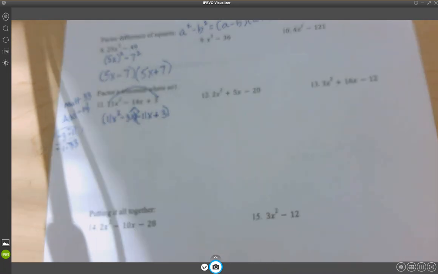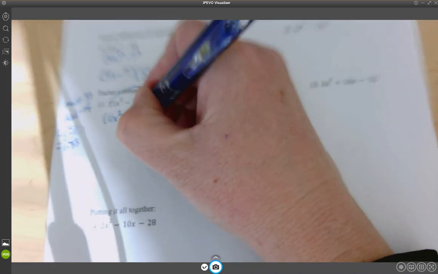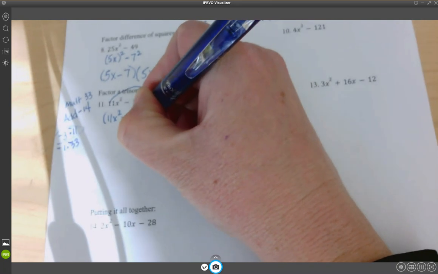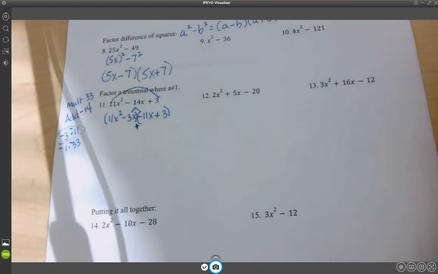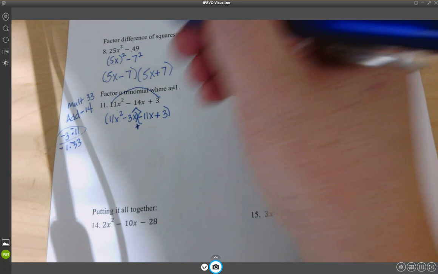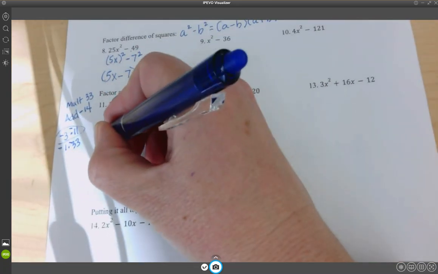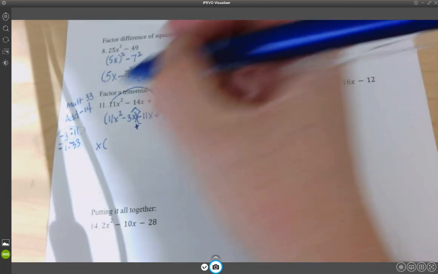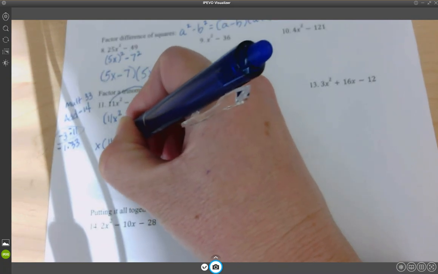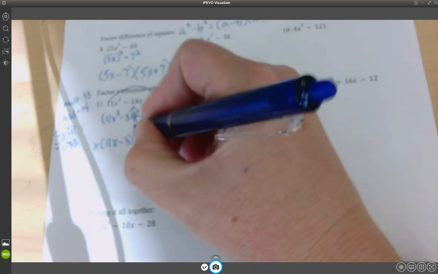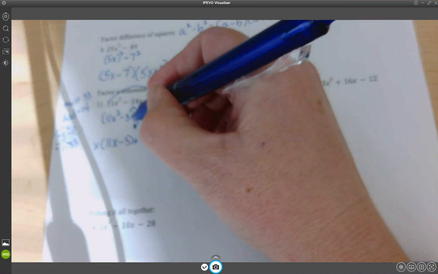All right, so I grouped the first two and I grouped the last two, and I just want to put a little plus between these two so I remember that I'm really just adding these two sets of parentheses at the moment. They're not factors yet. I want to factor a common factor out of the first two, and I can factor out an x, and that gets me 11x minus 3, and then plus here,